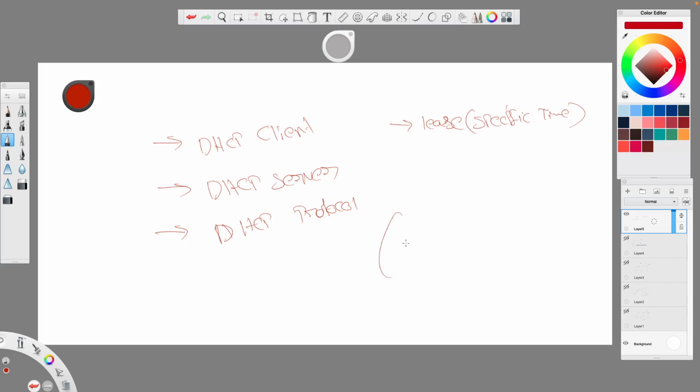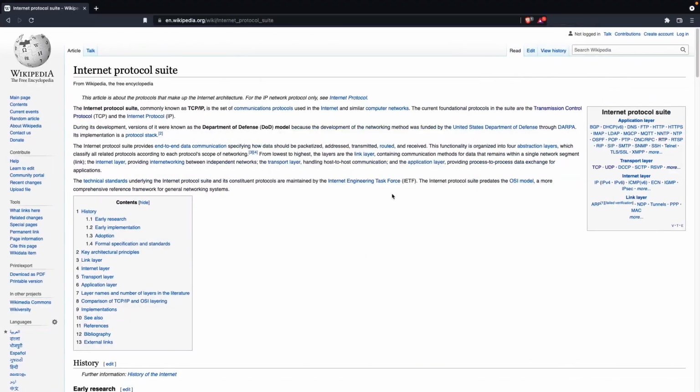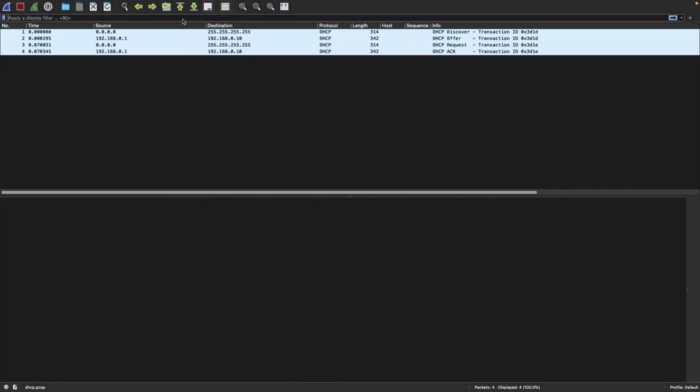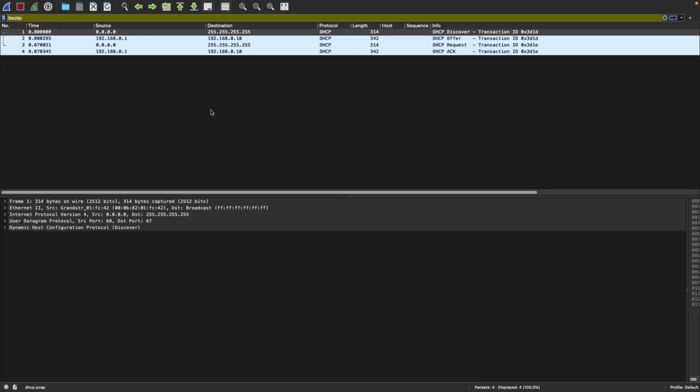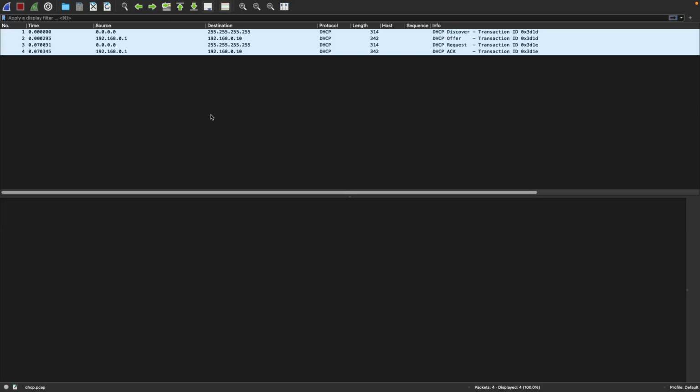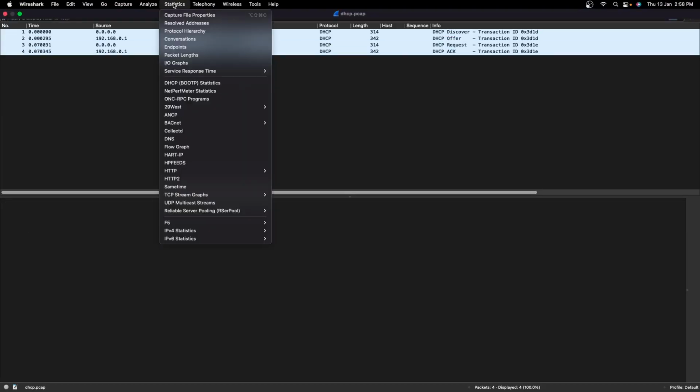There we will see references to BootP, since DHCP is an extension of the BootP protocol. And also the display filter for DHCP is bootp, not dhcp. Since we have only 4 packets,